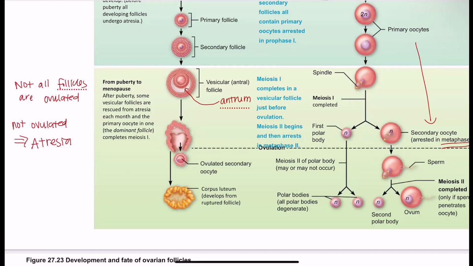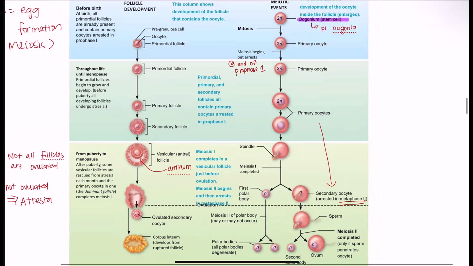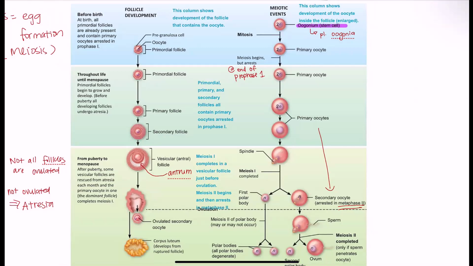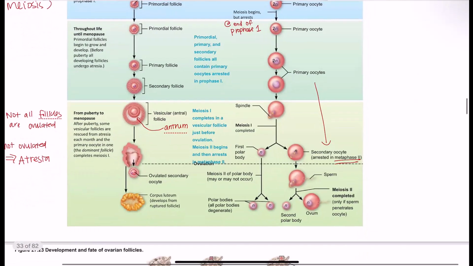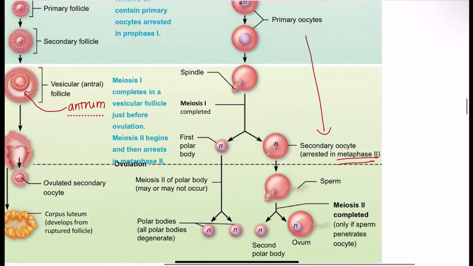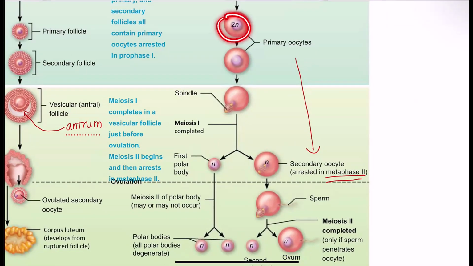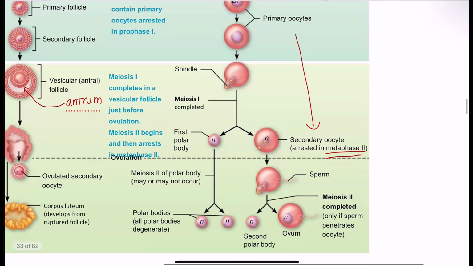Meiosis looks kind of funny in oogenesis. Do you remember in spermatogenesis we had our spermatogonium and then eventually 4 sperm cells? However, when we look at meiosis of oogenesis, we have one oogonium produces one ovum, one egg cell. The reason for this is that there's really unequal divisions of cytoplasm. So I'm going to zoom in. We have our primary oocytes, and our primary oocytes, upon the completion of meiosis 1, produce a secondary oocyte and